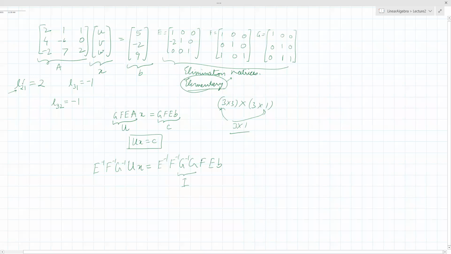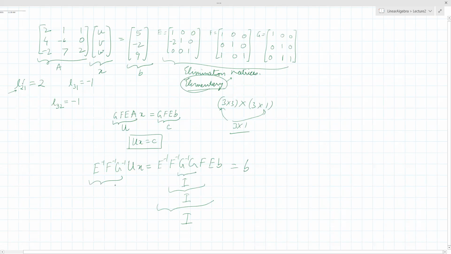So if you multiply I by F, it is going to leave behind an F. So F inverse F is going to give you what? I, another identity. Identity times E is going to give you E. So E inverse E is going to give you another identity matrix. Identity times your matrix B is going to give you B. Okay, so you have a new relation.